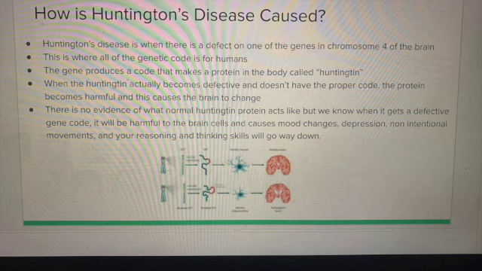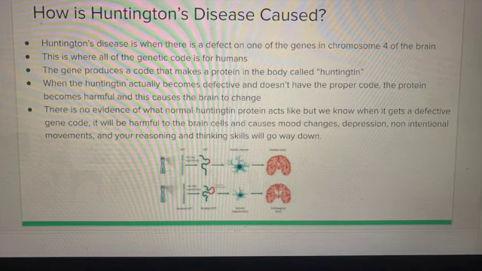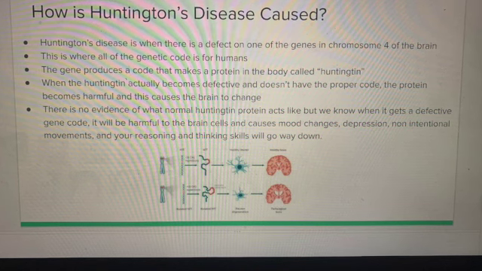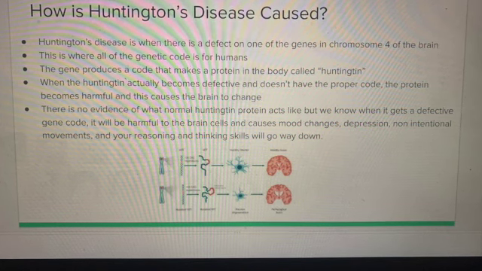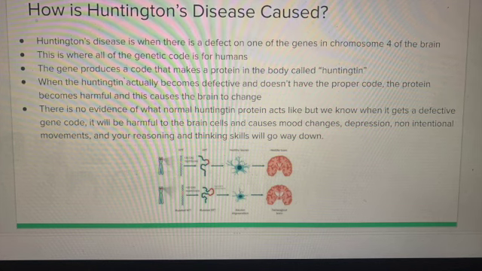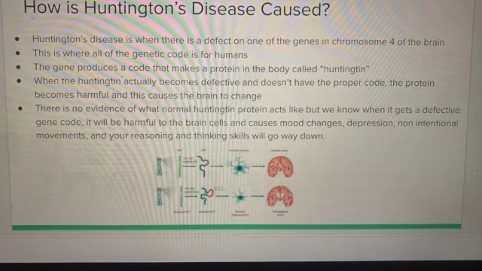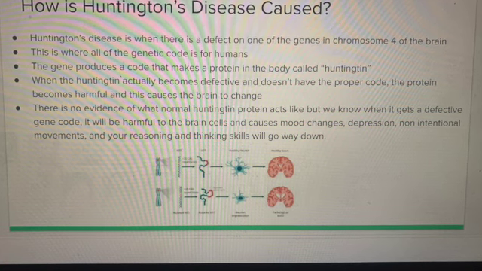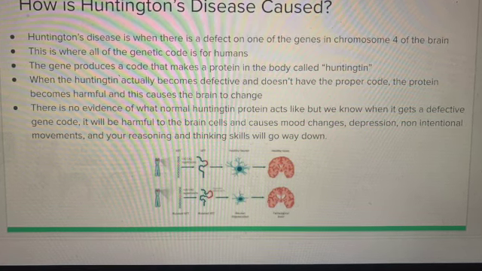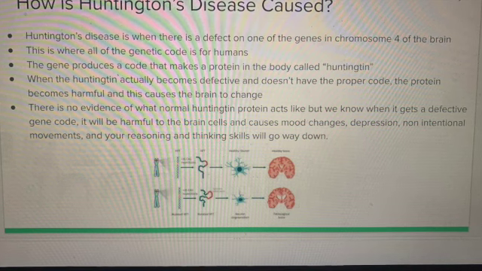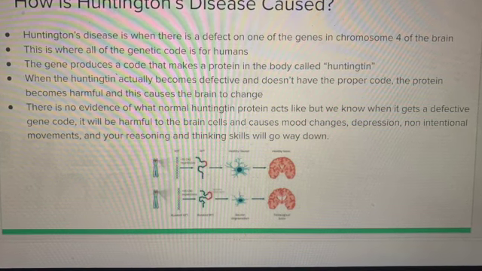How is Huntington's disease caused? Huntington's disease is when there is a defect on one of the genes in chromosome 4. This is where all the genetic code is for humans. The gene produces a code that makes a protein in the body called Huntingtin. When the Huntingtin becomes defective and doesn't have the proper code, the protein becomes harmful and this causes the